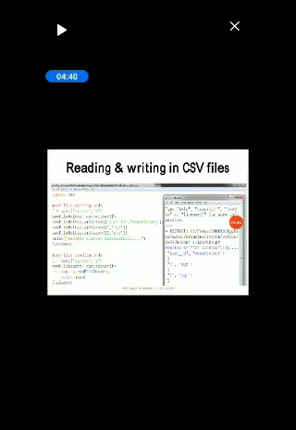Now I want to read the CSV file. For this, again I have to open it, but this time in read mode. So I am using the open method, and this time we are opening the file in read mode. Now again I am creating a reader object, and the syntax will be the csv.reader method. Inside the reader method's brackets we have to write the file object f. Since the reader object reads one row at a time, I have to use a for loop.